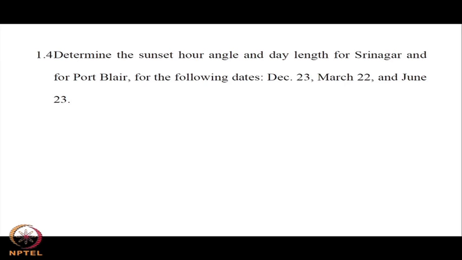This problem has been chosen among the data that we have got. Srinagar has reasonably, if not the highest, high latitude within India, and Port Blair, if not the lowest, but a low latitude, and December, March and June, they represent the maximum negative and maximum positive declinations, along with March being